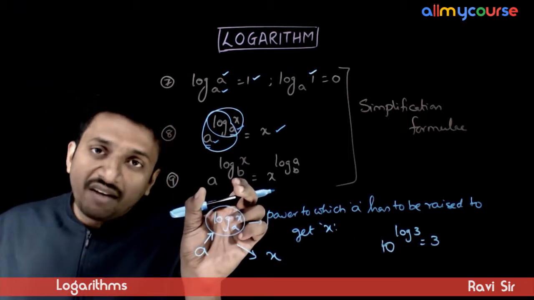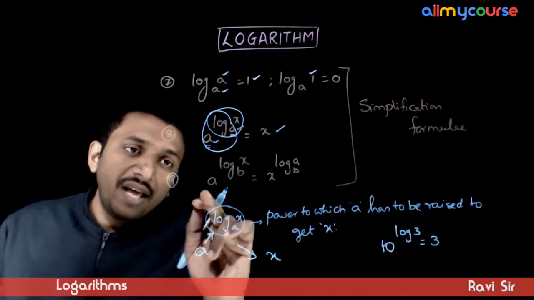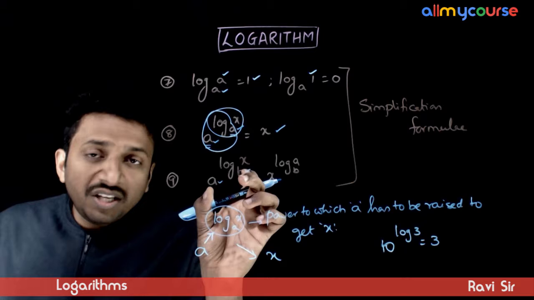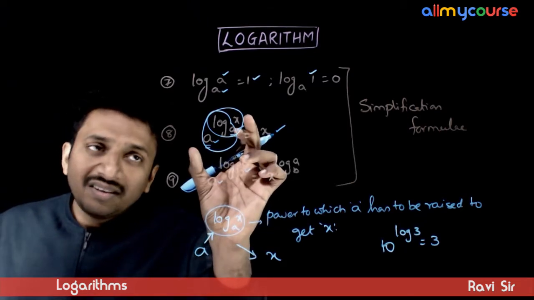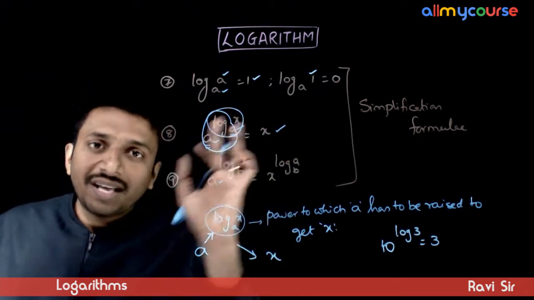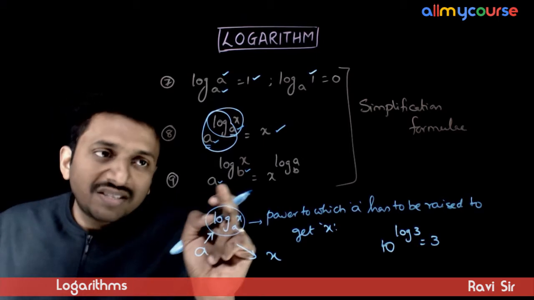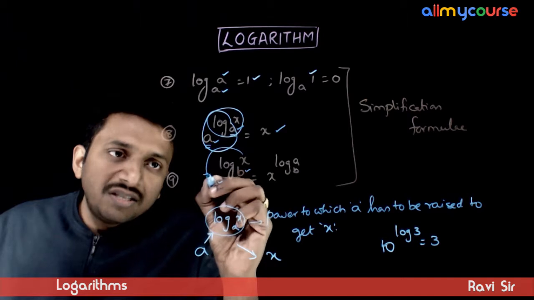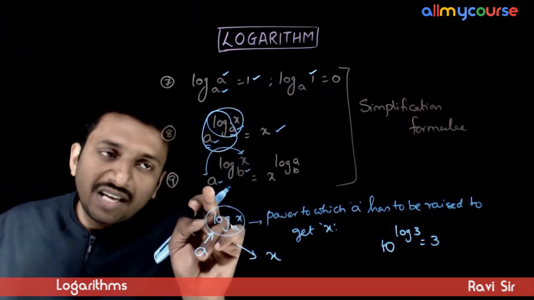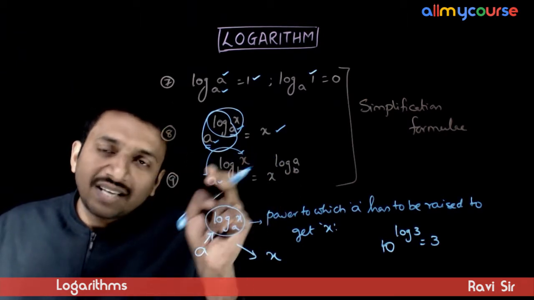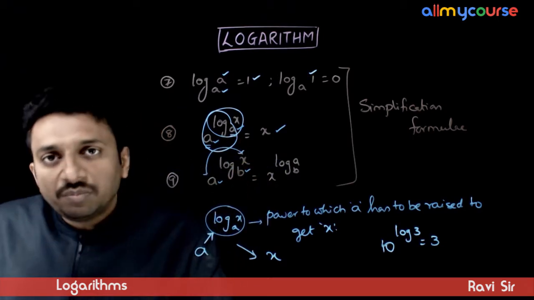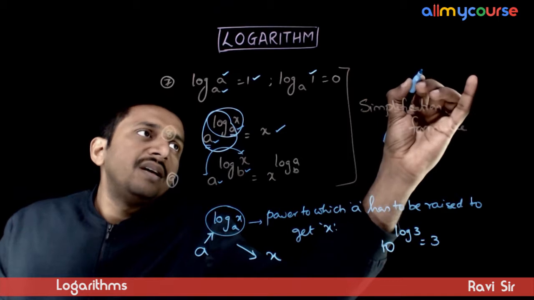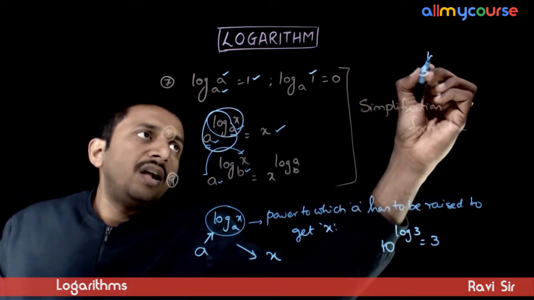And sometimes you have an expression like this. So a power log x to a different base. So if these two bases are same, then everything will get cancelled out and you get x as the answer. If these two bases are not same, then the property says that you can exchange these two values. You can exchange a with x. So x can be brought down and a can be brought up. Something like you have 3 power log